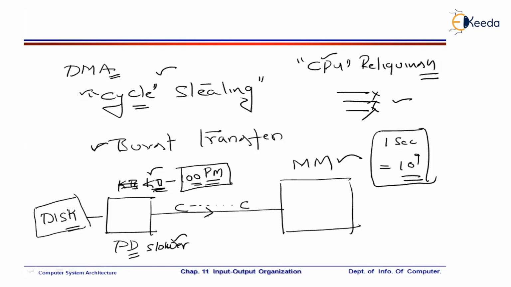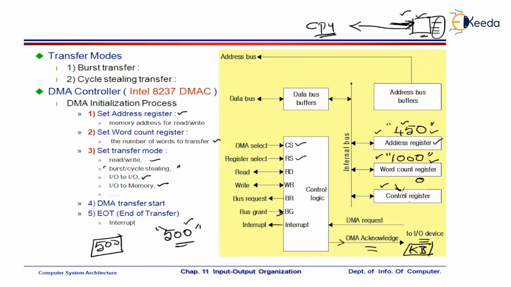So whenever there is a request coming from the faster devices, the burst transfer mode will be used by the DMA. That means the CPU bus system will be requested for a while, not for only one clock cycle. The bus system will be requested as long as the transfer happens. This is what it is all about, the DMA method.